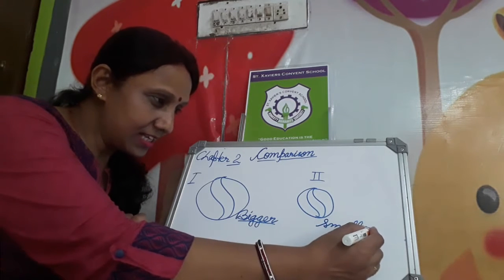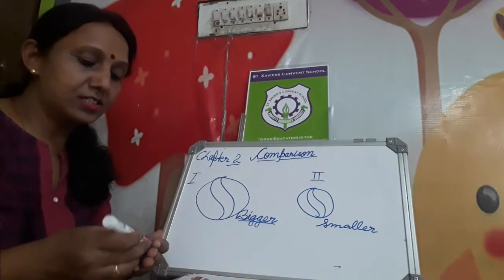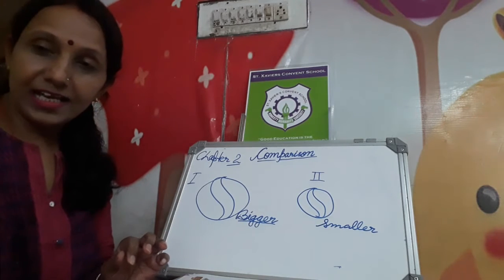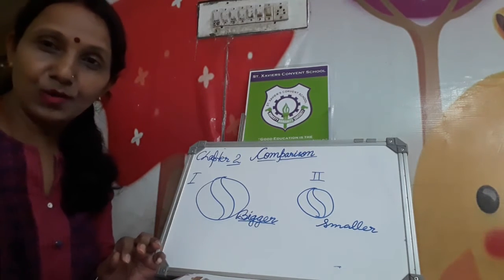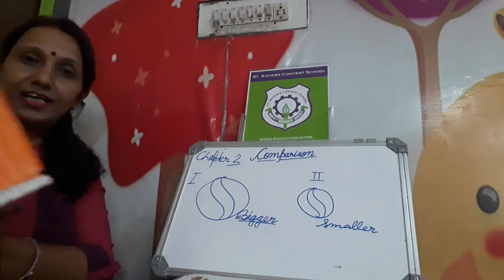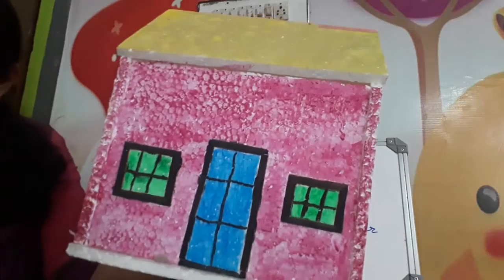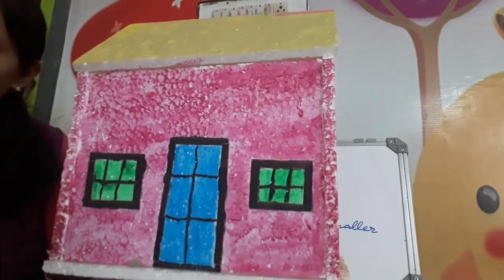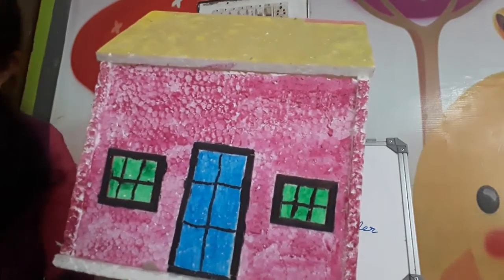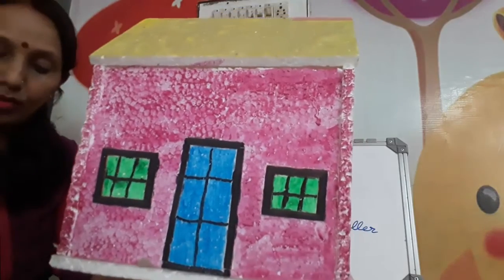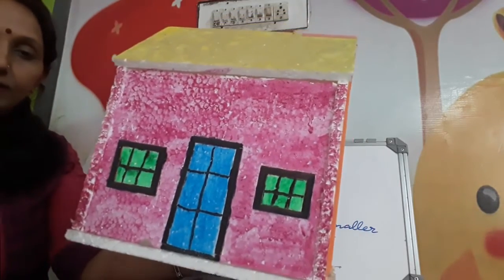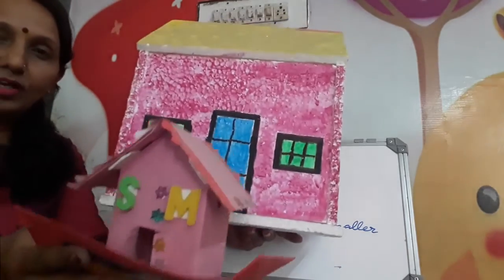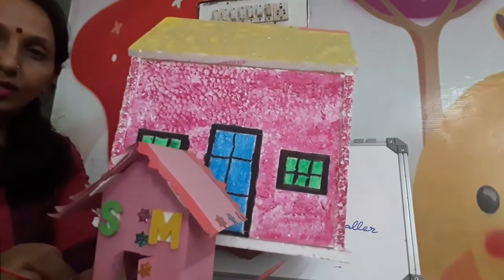You can compare things at your homes also, not only the balls: the size of the pencil, the size of the eraser, and the size of the craft houses also. Here I will show you that this one is the big house. You can see this one is the big house, right? Here I have another house also for you. That one is the smaller one. So this house is smaller. This one is the bigger one and this one is the smaller one. Got it?